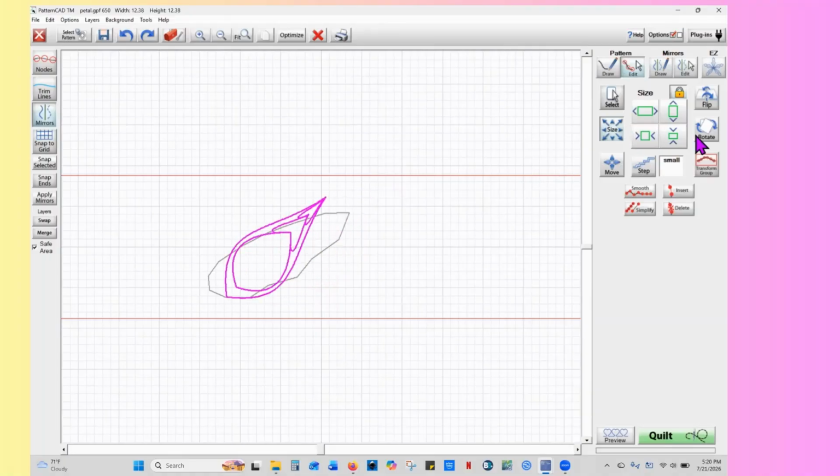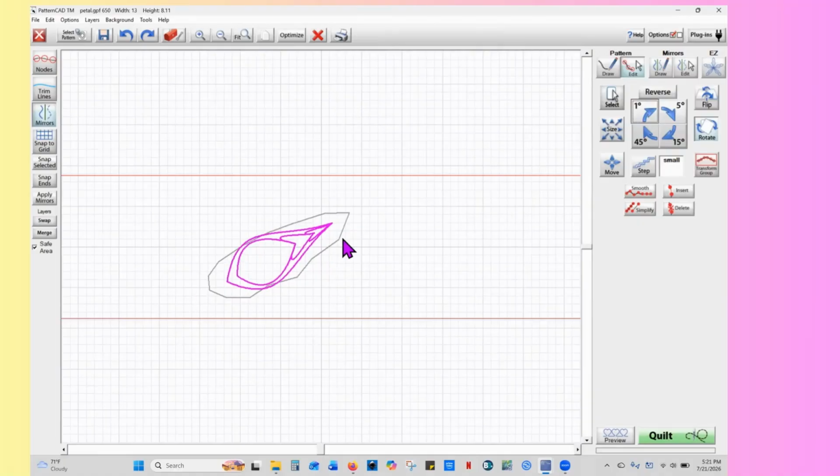I can see you're definitely going to need to rotate it. So let's click reversed and rotate it a little bit. And we'll just keep moving it a little bit. And let's size it till it fits inside of there. That's not great. Let's rotate it just a little bit more. Reverse. All right. So it's not in there great, but that's okay